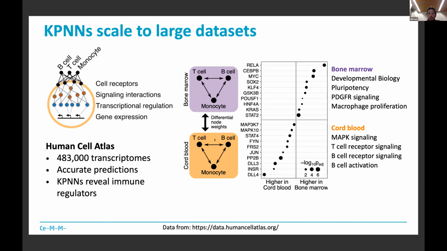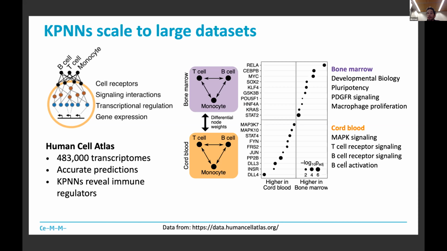And then interpreted the intermediate layers. Now this network is not a network where I have this one receptor, like the T-cell receptor, but here I use multiple different receptors to really simulate all kinds of signaling pathways that could occur in a cell. And then again, I get out these regulatory proteins and their importance, and found that in the bone marrow, those were very much related to developmental biology and pluripotency as expected from bone marrow,